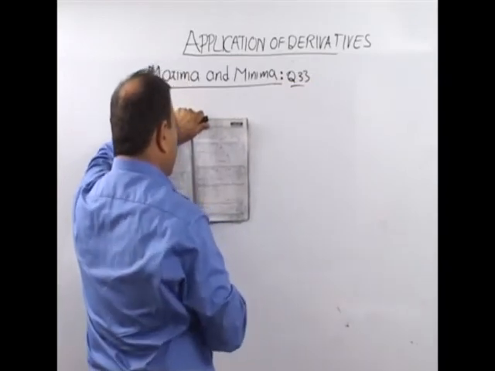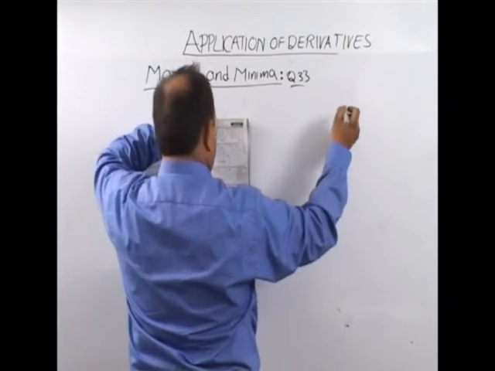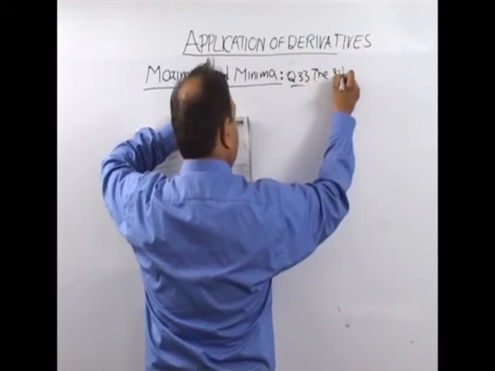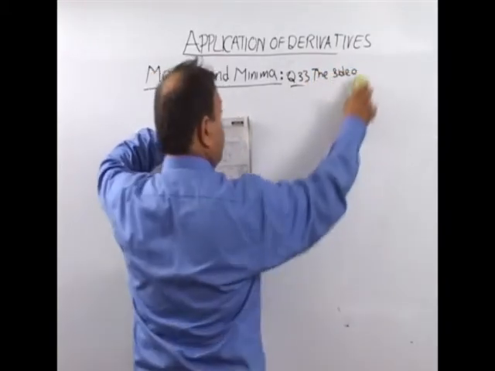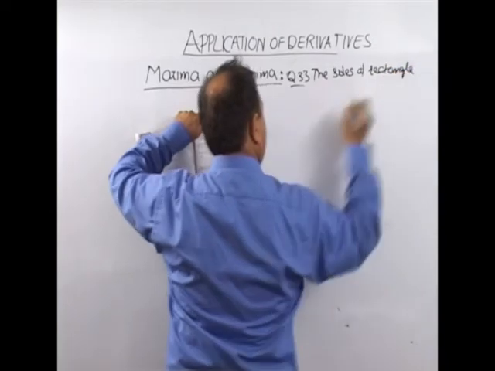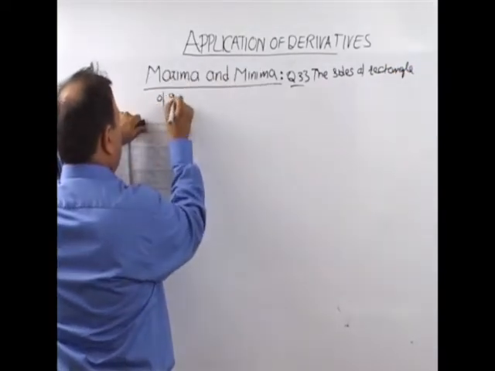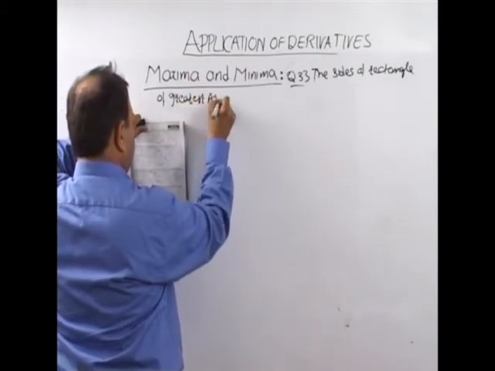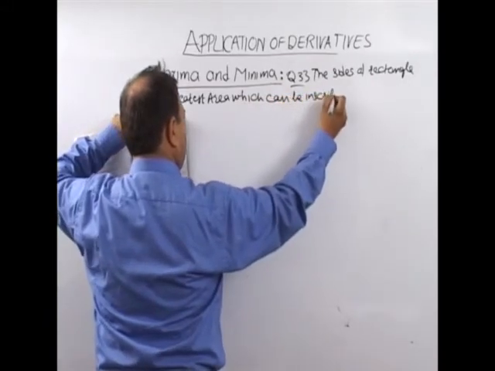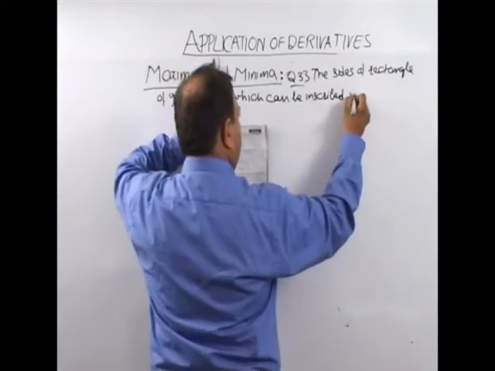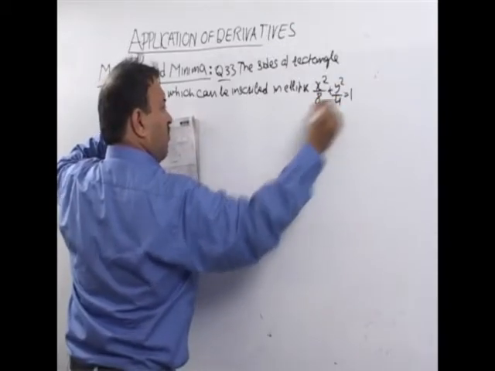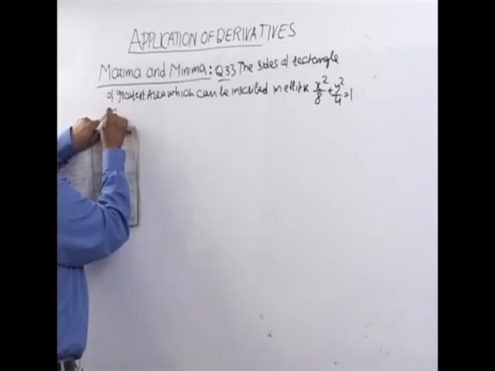Question number 33 is: the sides of a rectangle of greatest area which can be inscribed in an ellipse x square upon 8 plus y square upon 4 is equal to 1 are given by